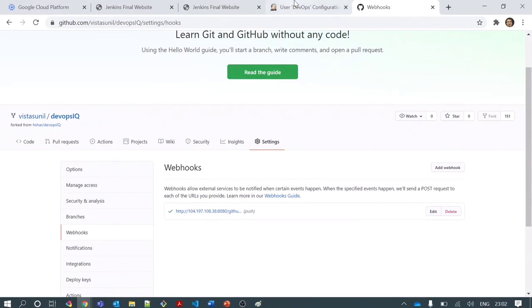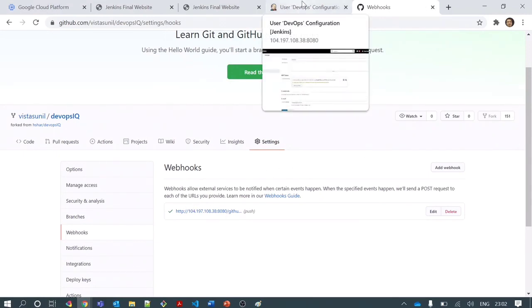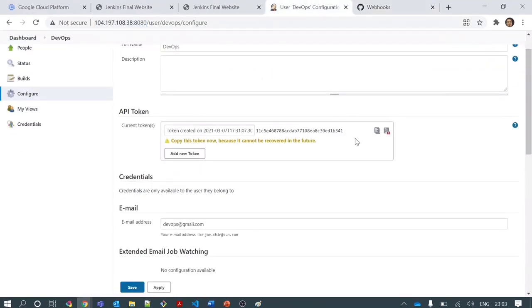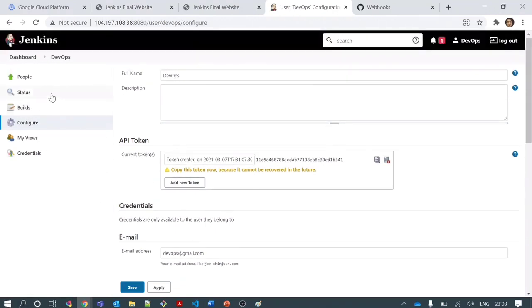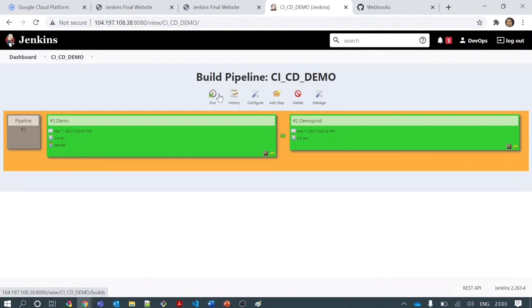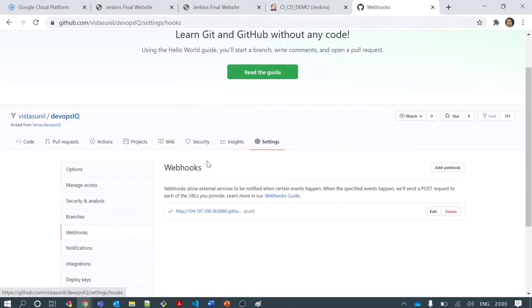Now my GitHub webhook has been successfully set and my GitHub account is able to communicate with the Jenkins master. This token needs to be present here. If I want to revoke, I can revoke and GitHub will not be able to authenticate further if I see a security breach. So now the GitHub configuration has been done. I can go to my dashboard, and I do not need to trigger this job manually. There's no need to push on run. I have configured the webhook.